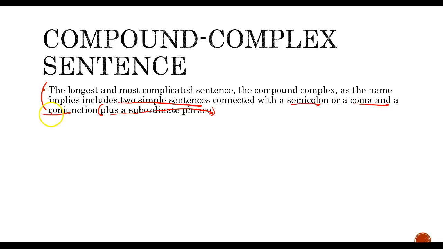It's actually a simple sentence though. It's not a compound complex sentence. The longest and most complicated sentence, the compound complex, this is actually the subject, as the name implies, includes two simple sentences connected with a comma and a conjunction. So here's our verb. So this particular sentence here is a simple sentence. Even though it's very long, it only has one subject and one verb. But that's a little bit beside the point. Let's get to the compound complex sentence and see